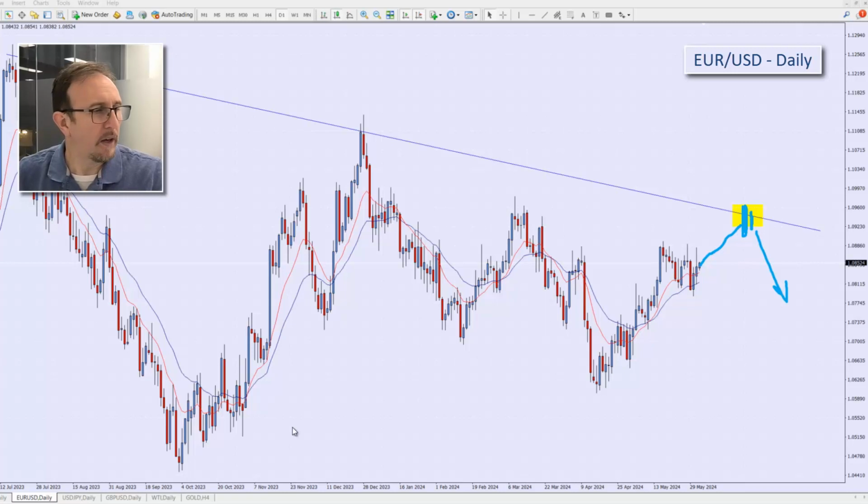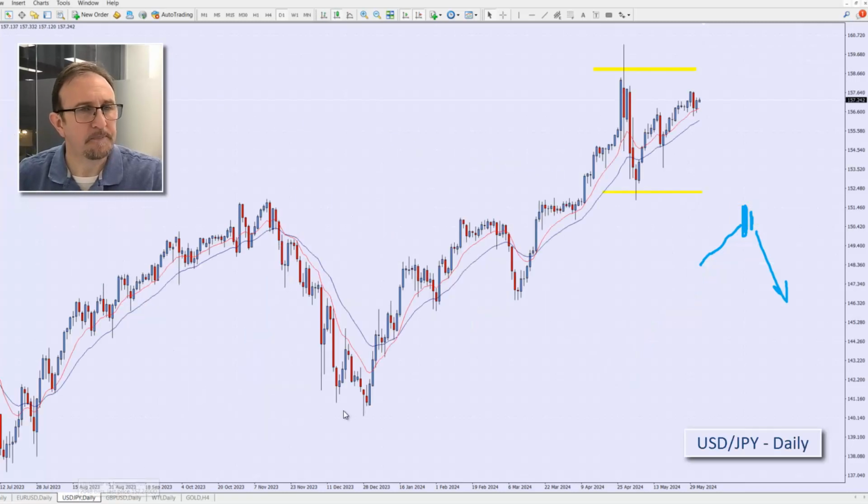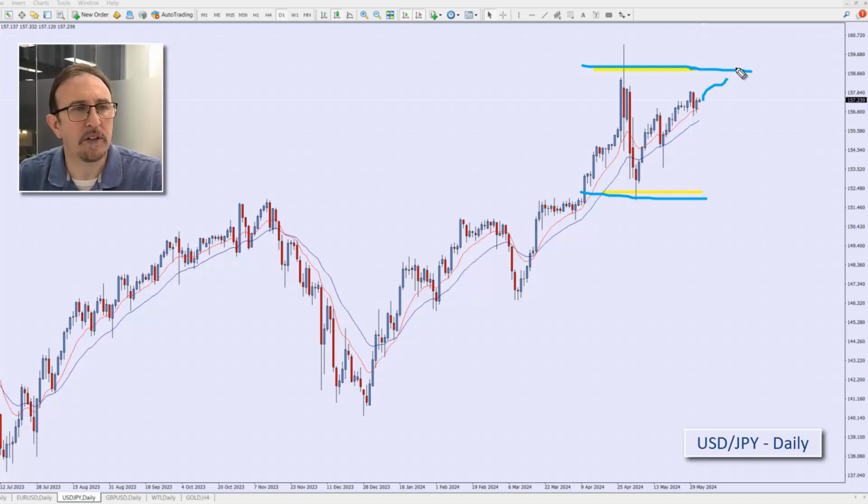Let's have a look at the US yen. I'm still trading inside this range that I've left, and I really want to exit that area before I become interested in this particular market again. We are approaching the top of it. As we do get to the top, I will add this. Let me put a marker in here and extend this one out further here. If I get a nice reversal sign here, again I just draw my typical